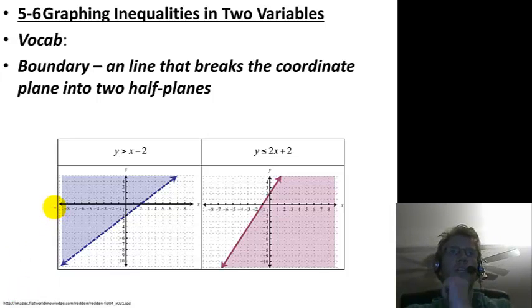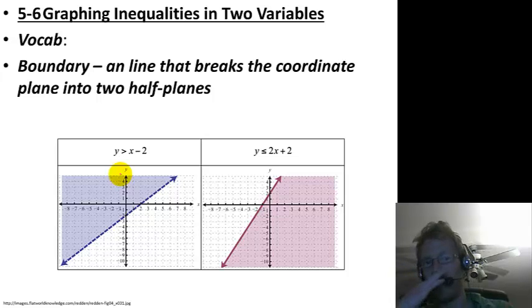Alright, here we go with the last section of Chapter 5, 5.6. Here we're going to learn how to graph inequalities with two variables. Up until now, all of the inequalities that we've been graphing have just had a single variable x, and then the answer that you get is plotted on a single number line. But here we're looking at multiple variables, x and y, so your answer will be plotted on an xy